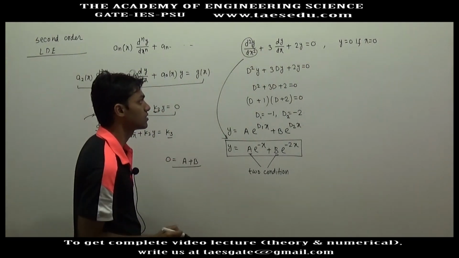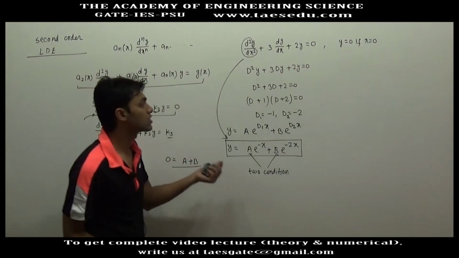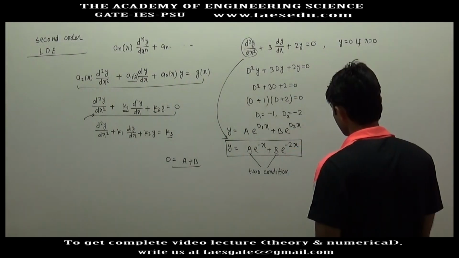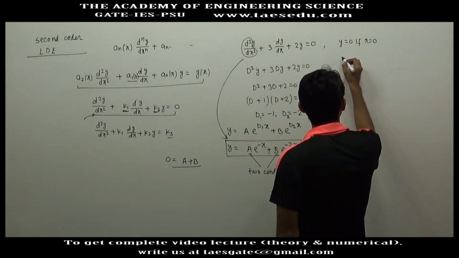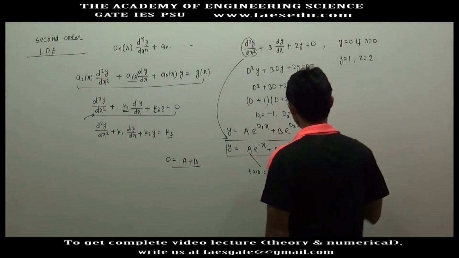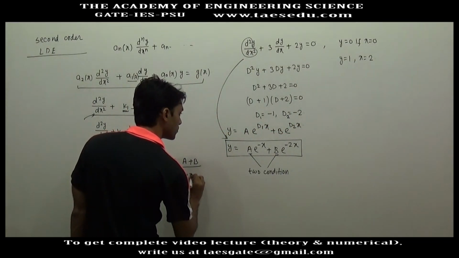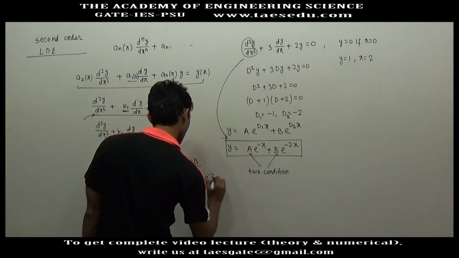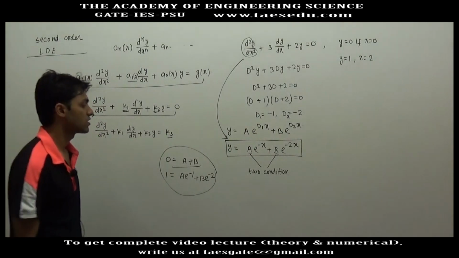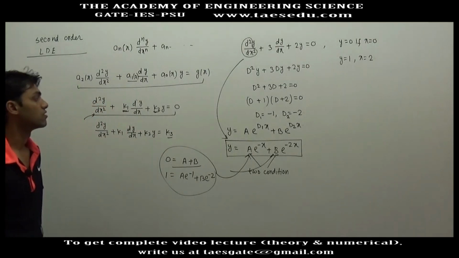So we have one equation. We need another equation, so for another equation we need another situation. Similarly, if we say y equal to 1 if x equal to 2, here we will have 1 equal to a into e to power minus 1 plus b into e to power minus 2. So from these two equations, a and b can be calculated, and we will put the values of a and b, and we will get a unique solution.